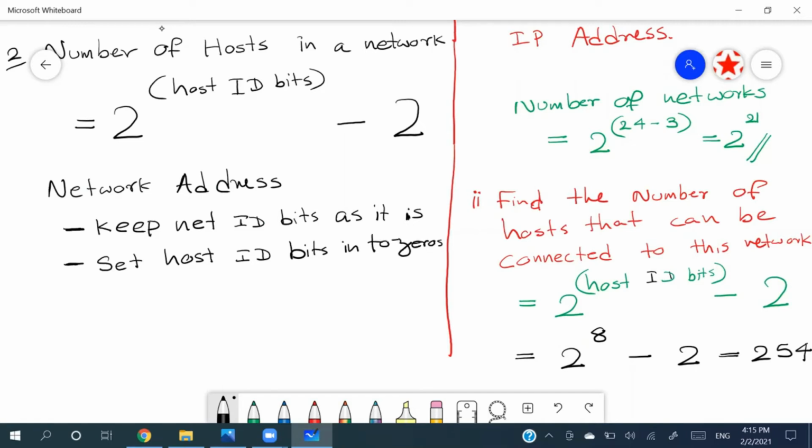So what I have said, to generate the network address, keep net id bits as it is, set host id